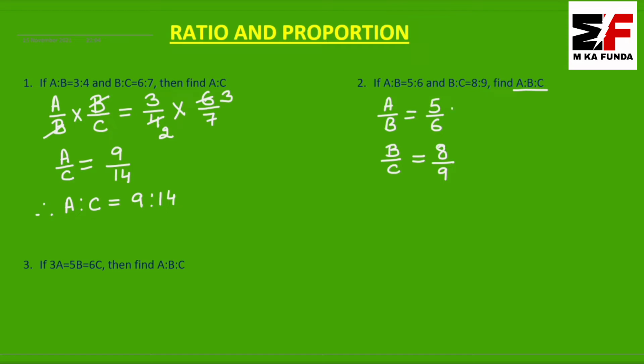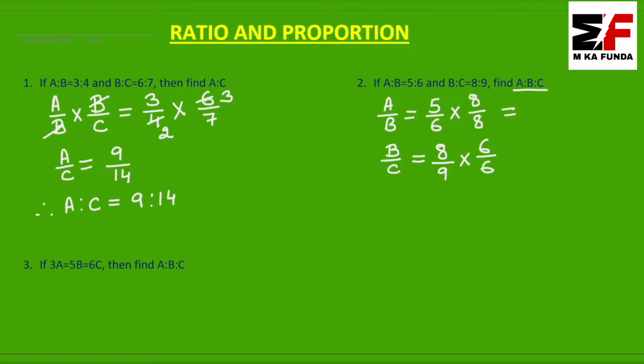So what we do to make it equal, the first fraction will be multiplied by the second value of B. So we write here 8 upon 8. Why have I done 8 upon 8? Because when you reduce it you get 1, so that we have not made any changes here. Same way, the second fraction will be multiplied by the first value of B, that is 6 upon 6.